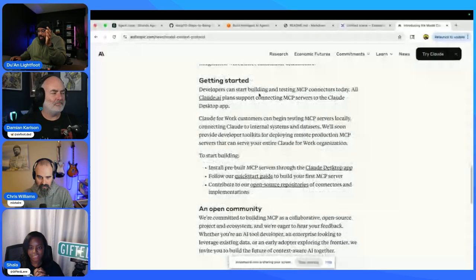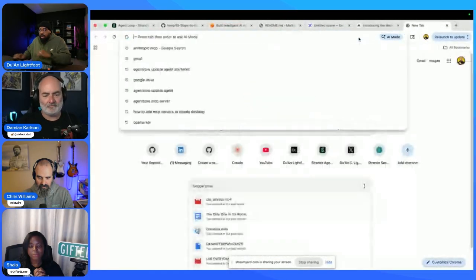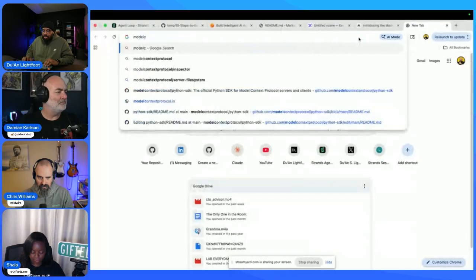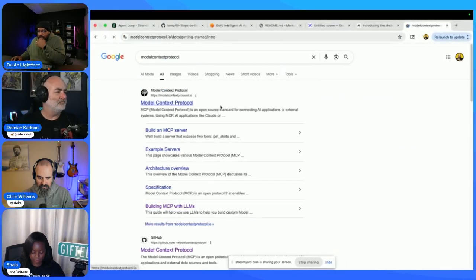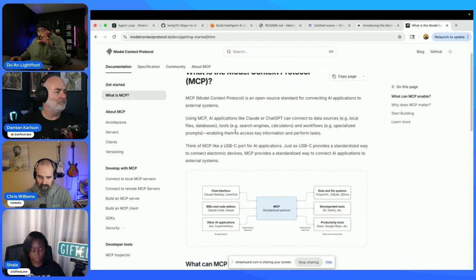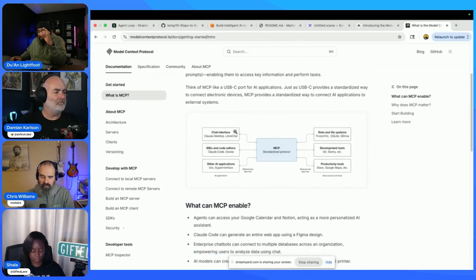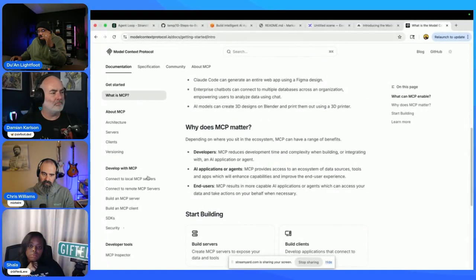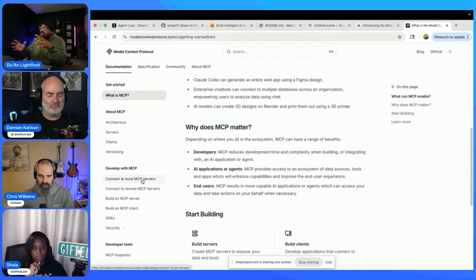So read this, and then there's the Model Context Protocol site, modelcontextprotocol.io. I read this. It goes through everything when it comes to MCP. If you have Claude Code, it will show you how to install Claude Desktop locally on your system, and then you can start connecting to MCP servers on your desktop.